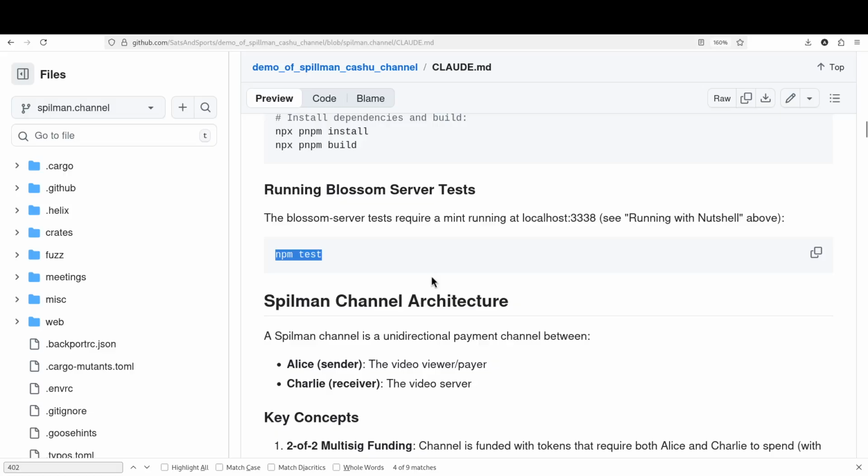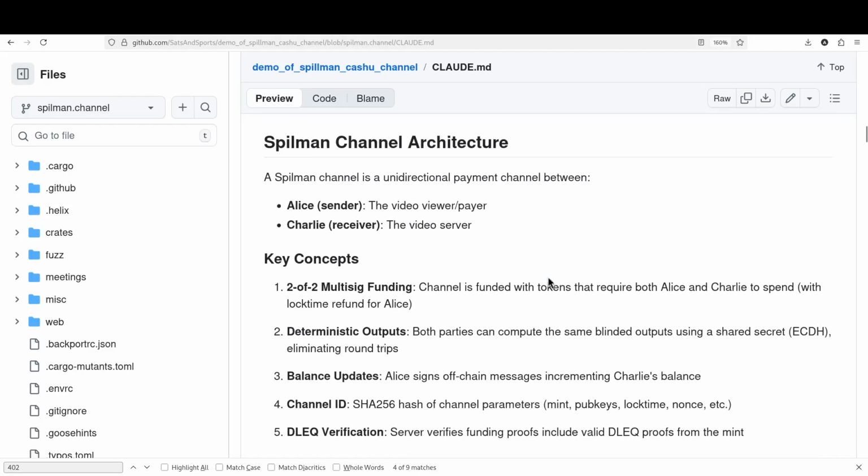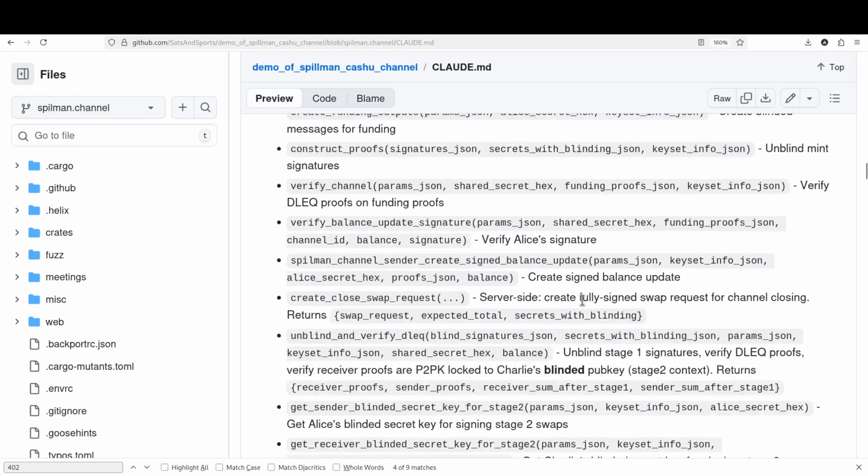The Blossom tests take the place of a client and test that the server and also the mint do the right thing. The Blossom tests have a lot of tests about the 402 errors, making sure that it correctly enforces payment and it returns the correct error message. Talking of error messages, actually,